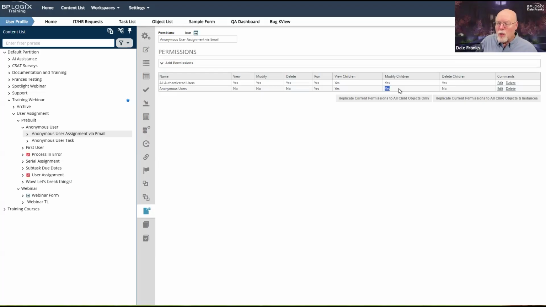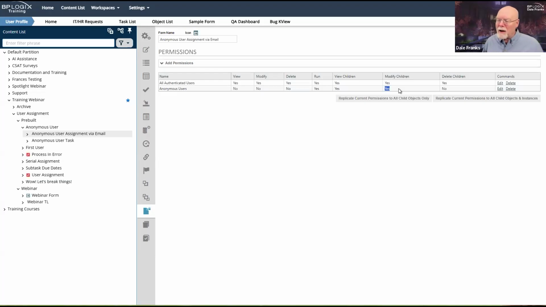And so normally you would not have to give modify children if all the anonymous user is going to do is be assigned a task and complete the form in the context of that task. If that's the case, they'll receive all the permissions that they need as a task assignee.